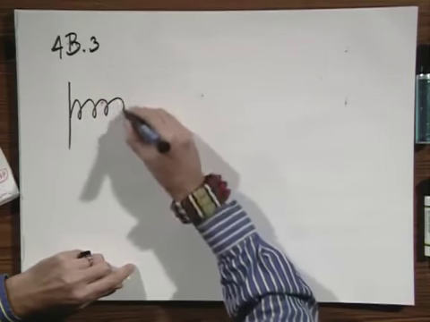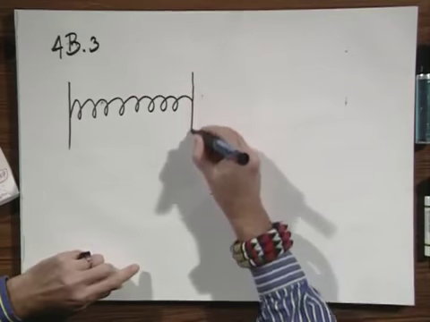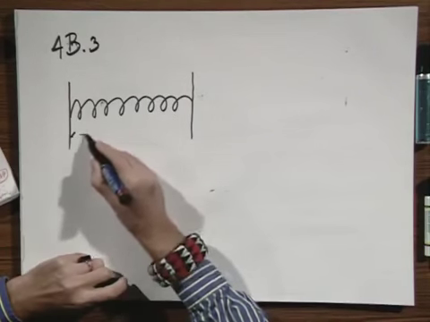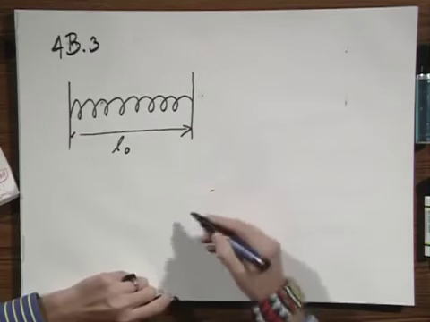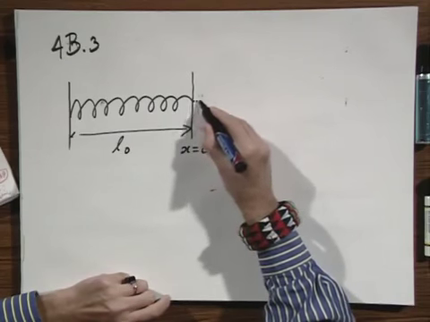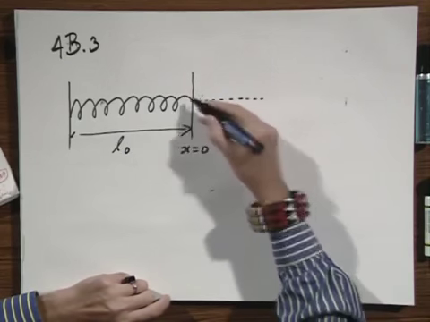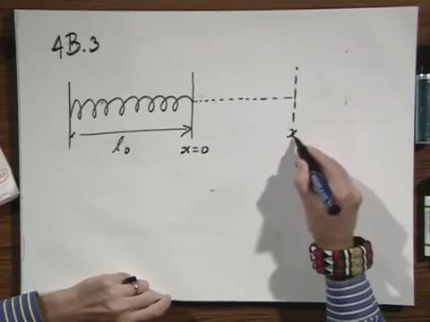I have here a spring. Think of it as a spring being on a frictionless horizontal surface. It has a relaxed length L0. That means it's not stretched and it's not pushed. I call this x equals 0. And I, Walter Lewin, take it in my hand and I'm going to extend it all the way to a